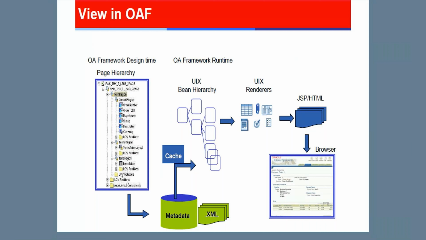But in real time, these components are broken into pieces and stored within the metadata service. Just blindly remember, all these components are broken and stored in the metadata service, which is the MDS